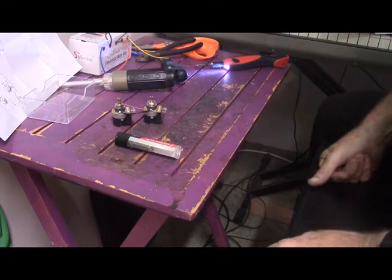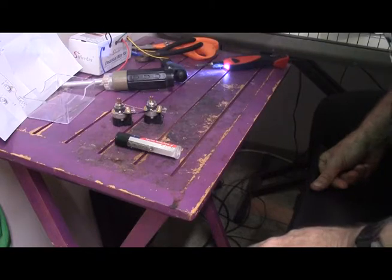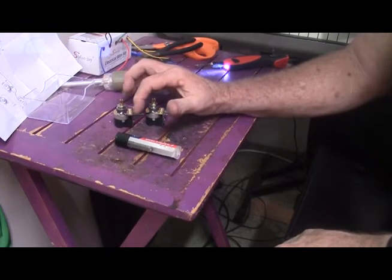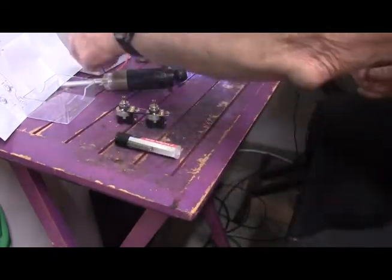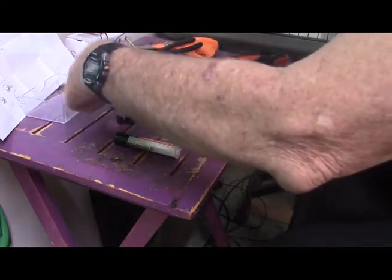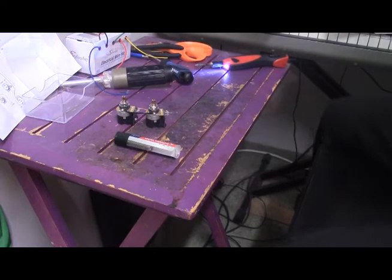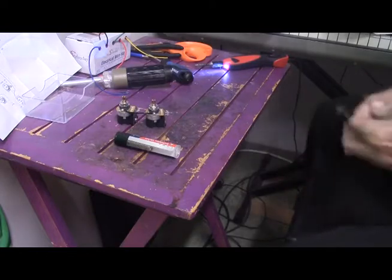So, next, I need to go from the capacitor lug of this one to the center of that one. So, let's go blue for that. Just because I can. Okay. So, about that much. So, dig my precise measurements, huh? But you know what? There's a lot of room to play with